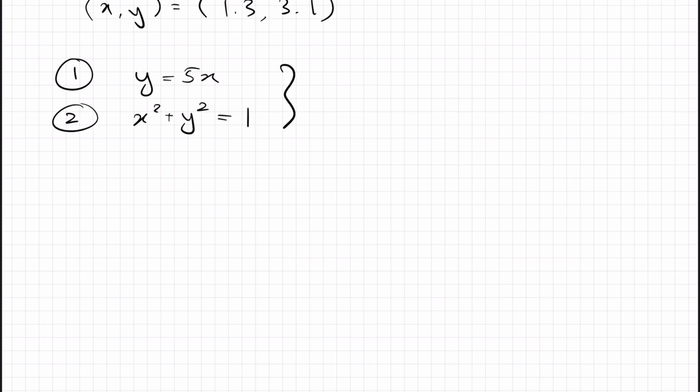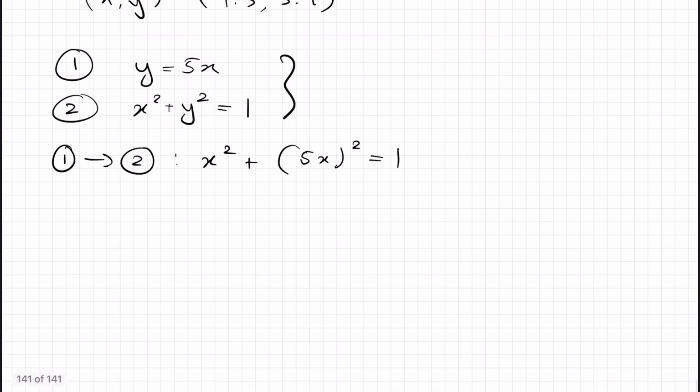Now, you'll see if we try and use elimination, it's actually just not going to work anymore, because there's no way we can scale either of these to get rid of one variable, because this has y squareds and x squareds, whereas these only have linear terms. So we're never going to be able to reduce it anymore. But what we can do is we already have equation 1 in terms of y. So let's substitute equation 1 into equation 2 to give us x squared plus y squared,